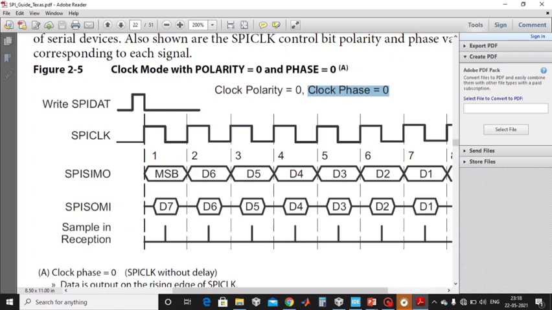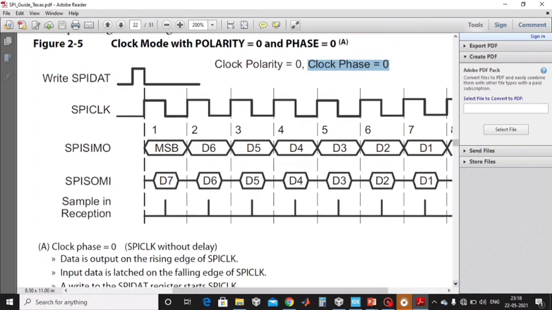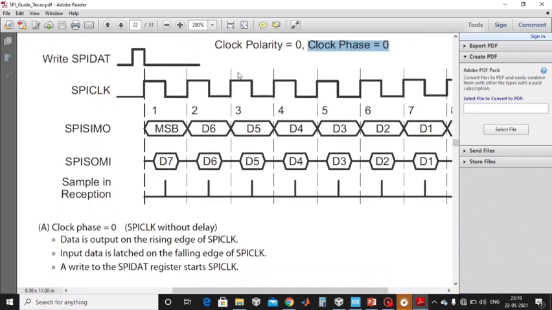Now some important conclusions regarding this mode of the SPI when clock polarity is 0 and clock phase is 0. It is important to note that this is also known as SPI mode 0. Clock polarity 0 and clock phase 0 is also known as SPI mode 0. Now some important conclusions regarding this mode. First is that data is output on the rising edge. This is regarding the master output data. You can clearly see that master output data takes place on the rising edge